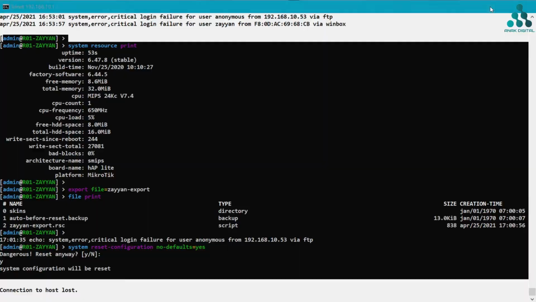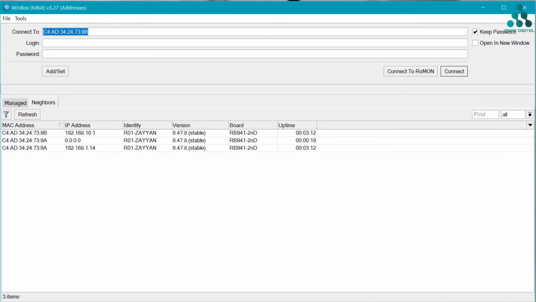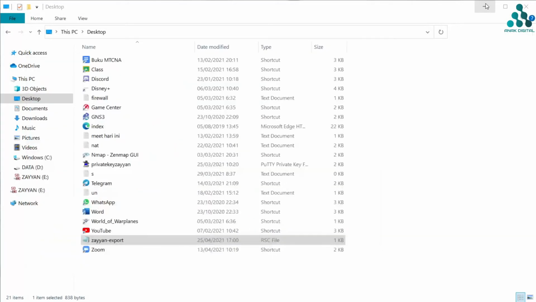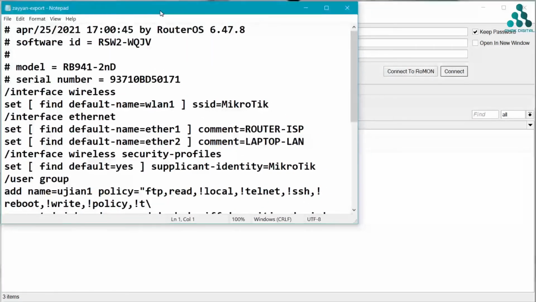Okay, and next open the Winbox and open Zayan export. And I want to edit this file export.